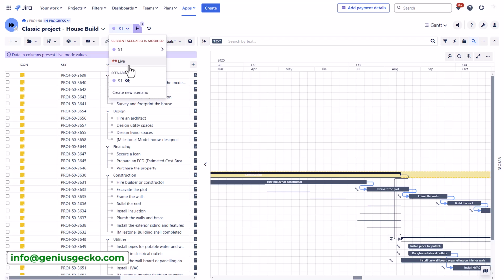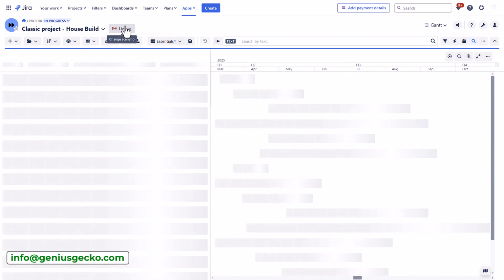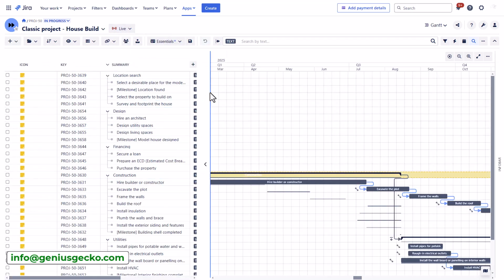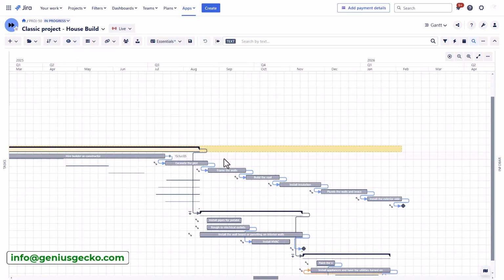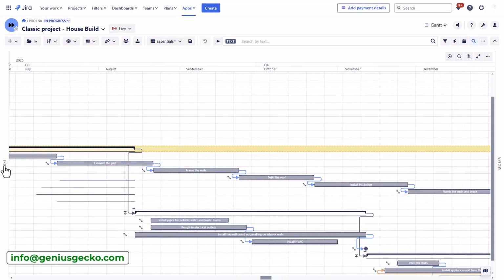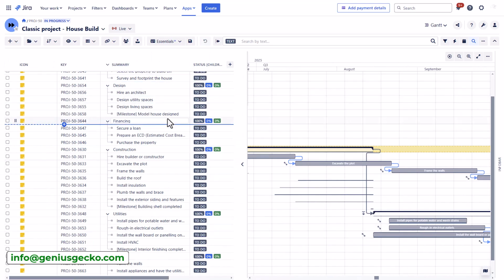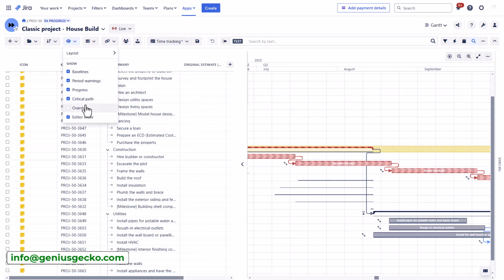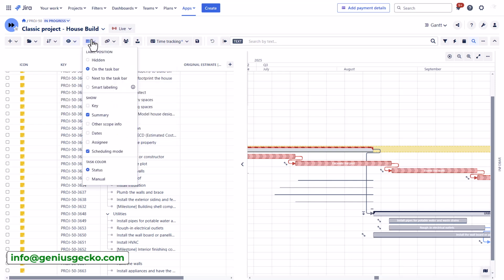Scenario mode is another enterprise feature. In the standard version it's limited. In the enterprise version there are no limits on the number of scenarios that you can create. There's also the progress, quite useful when you want to present your timelines and show the progress on the taskbar as compared to working with this list. Now I talked about the critical path, I talked about the overview, and the next thing is how you would like to present the data